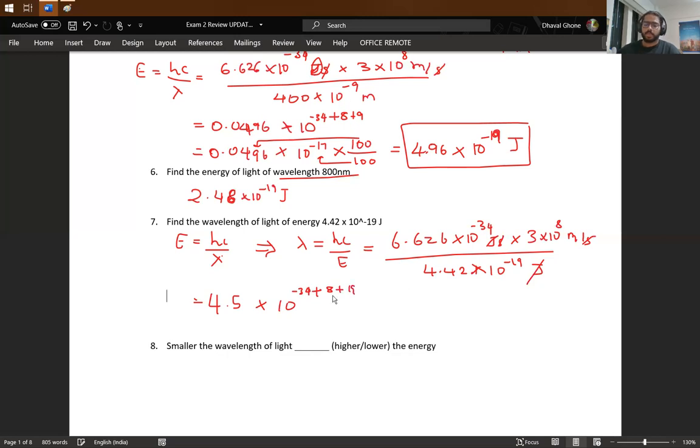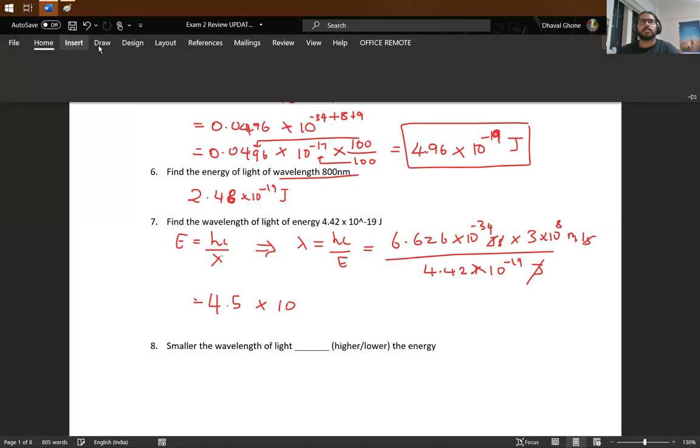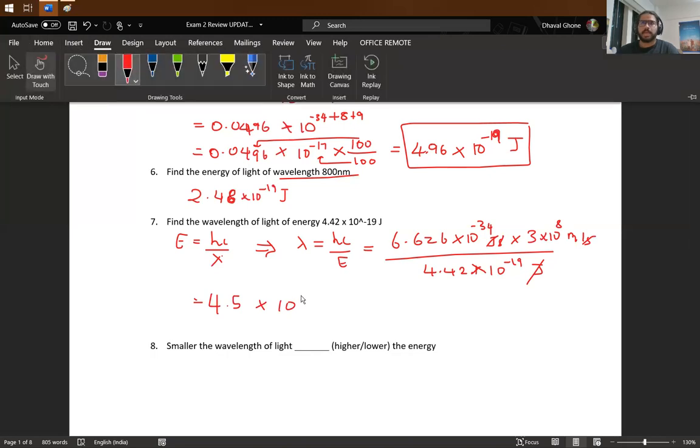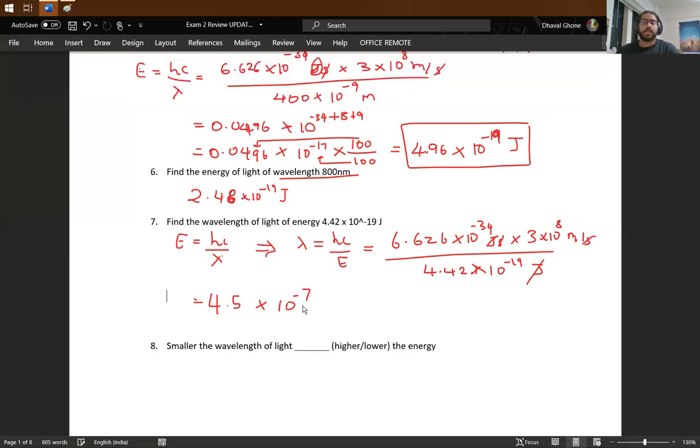That should be negative 34 plus 8 plus 19. And that would give me negative 7. You can leave the answer in here as meters, but if you want to convert it to nanometers,